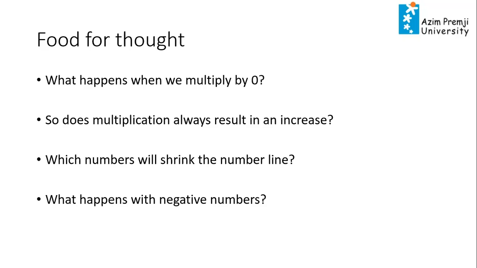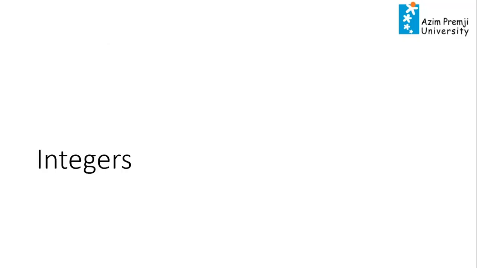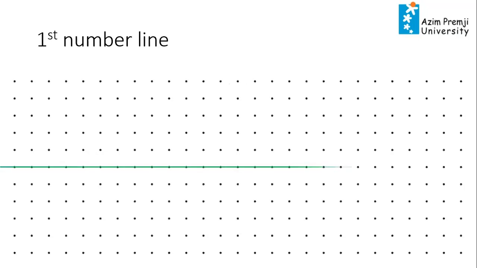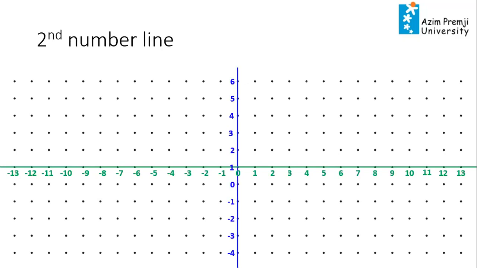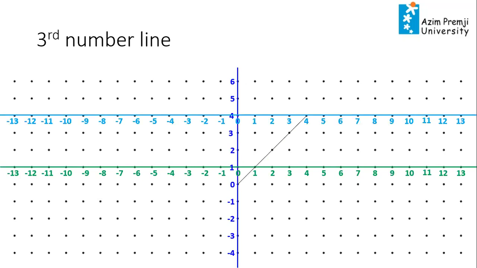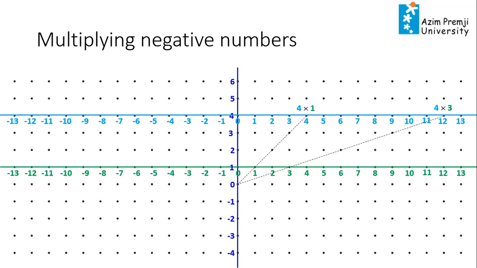Okay. Now the question is, what happens with negative numbers? So you have the full number line here, and you have the full number line here too. So this is the part that we already know, right? Now what happens to the negative part of the number line? Very similar, that part also gets stretched in the same way. Okay, no surprises there. Kind of makes complete sense.